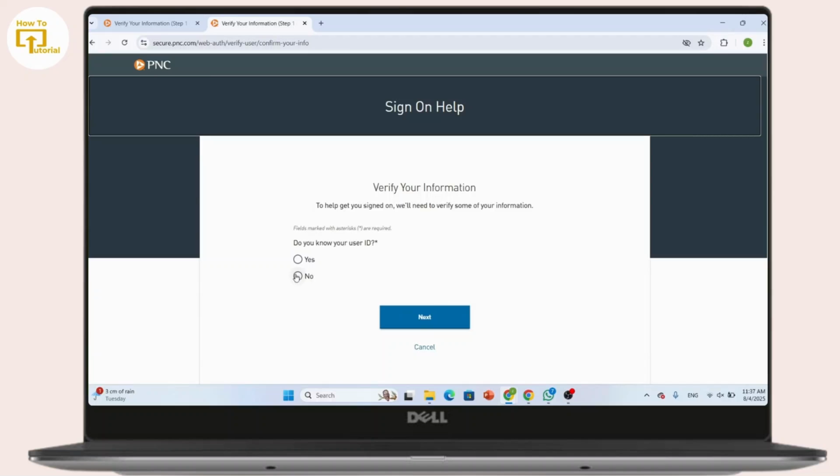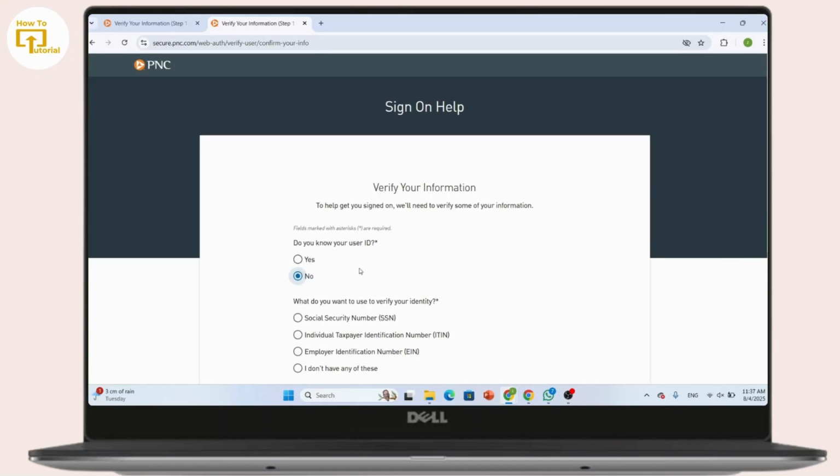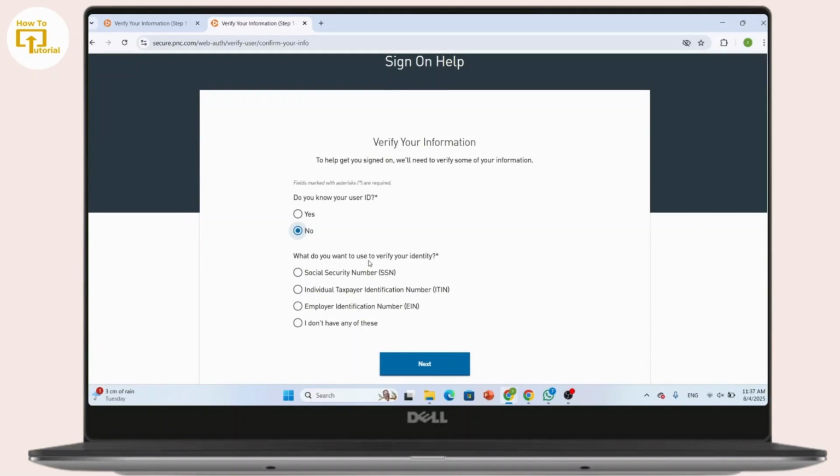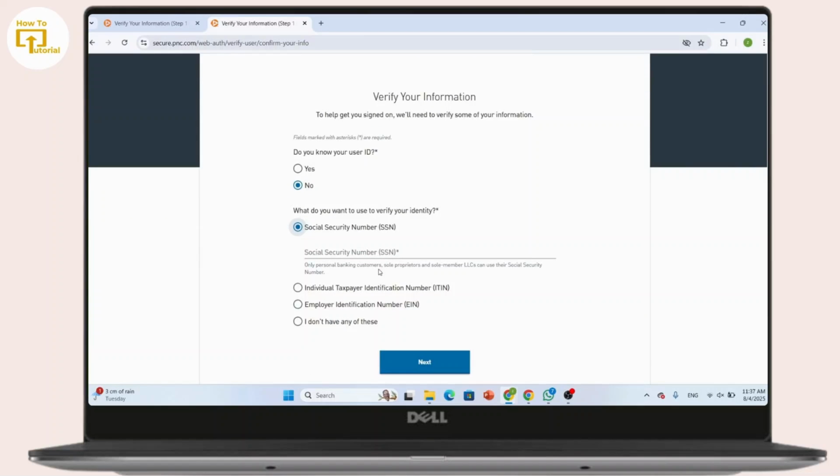So here, simply select no, and after that, you simply have to give your information that you know from your account. Like here, it is asking what you want to use to verify your identity. So here, you can simply select this. I'm going to simply select the social security number, and after that, I simply have to enter my